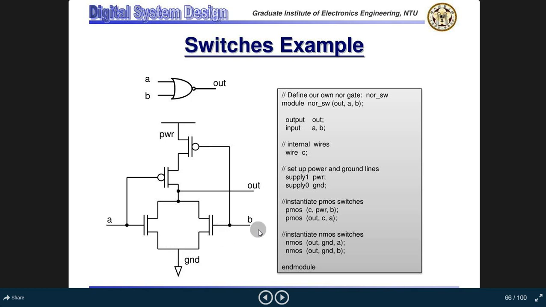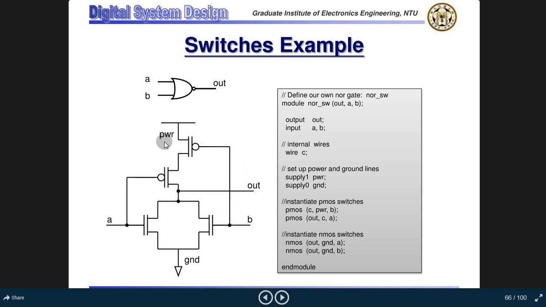Now suppose we have provided a is equal to 0 and b is equal to 0. At a is equal to 0 and b is equal to 0, both these CMOSes are off. So this power source will now not be connected to the ground port. Okay, and this 0 will propagate here, and the value of b, which is 0, will propagate here.